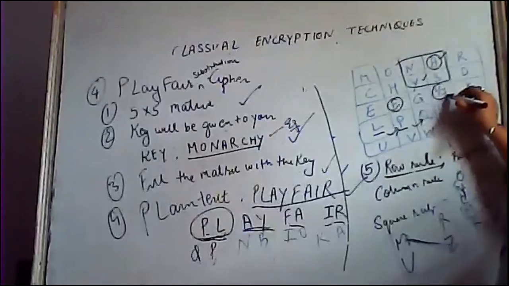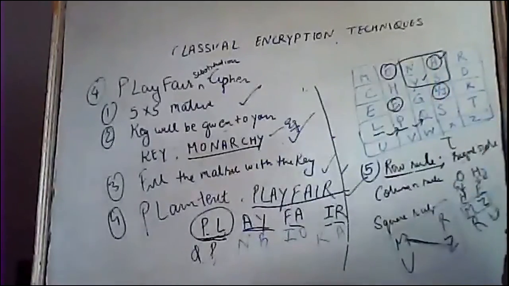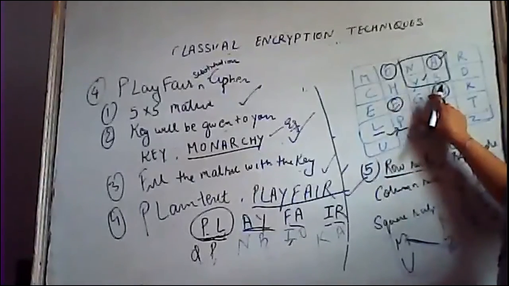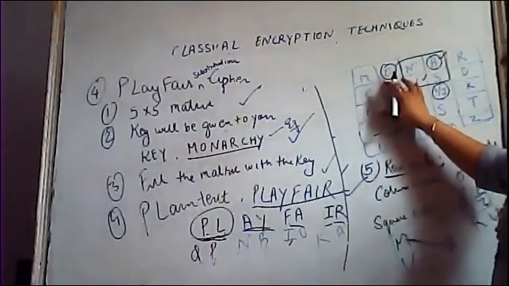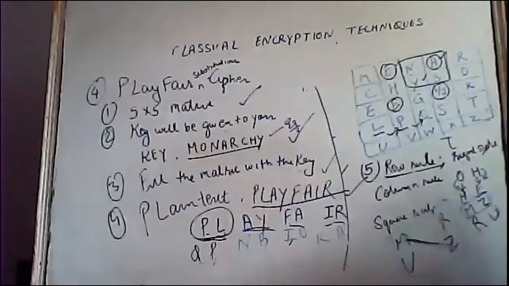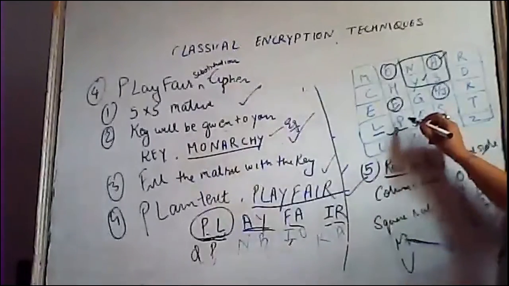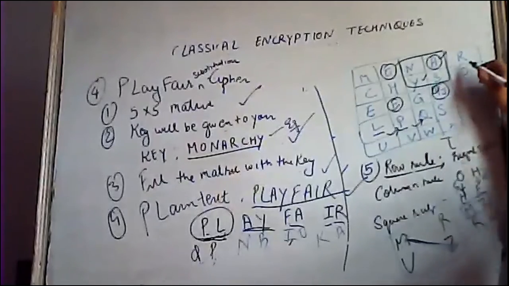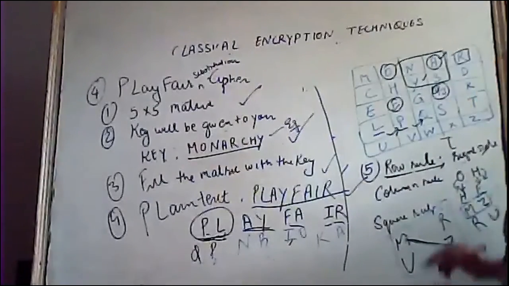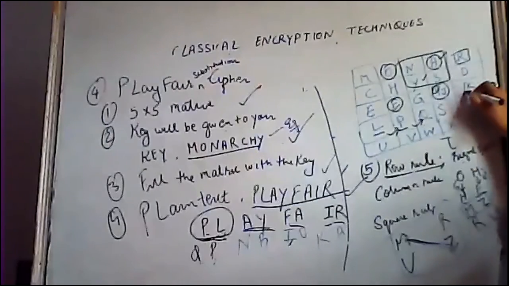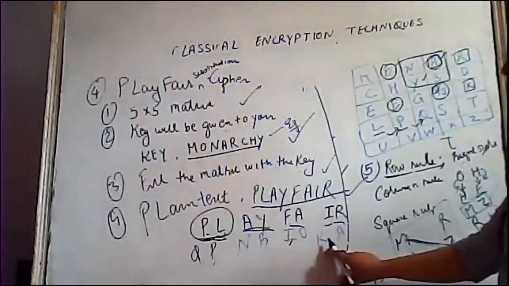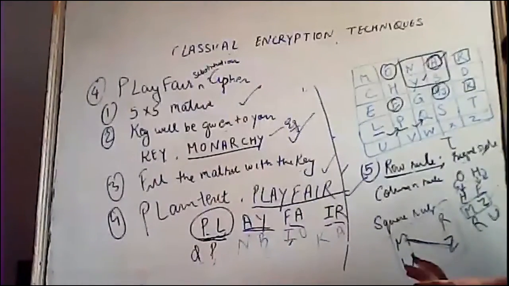You can go for that I, O. Corresponding to F, we are having I. We will obviously take the upper element I over here, and corresponding to A, we are having I, R. There again that I will be a variable I, and we are having this R. Diagonal elements, again we will take this K. So we have K. This is your Playfair.